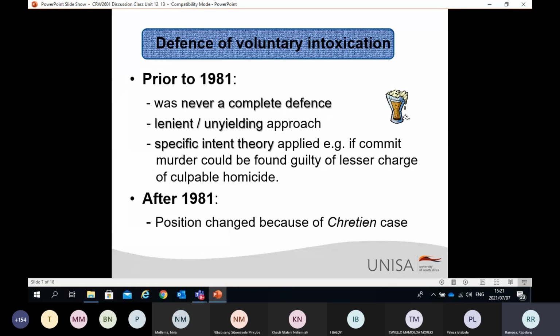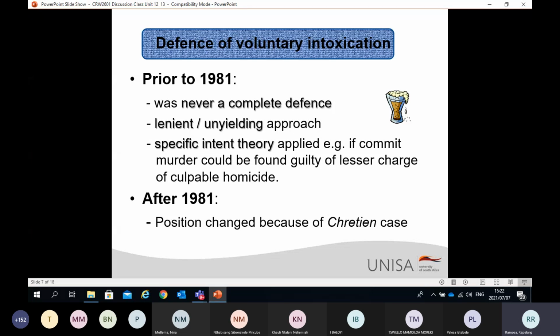So the trial court decided that on the basis of that evidence, it was evident that the accused did not have the requisite intention. He was charged with murder and attempted murder. Murder because 1 person died, attempted murder because 5 individuals were injured. So then the court held him guilty of culpable homicide for the death of the 1 person on the charge of murder, and then for the injuries of the other 5, the court acquitted X of attempted murder, but also went further to acquit X of common assault,